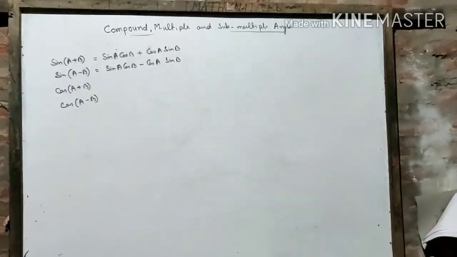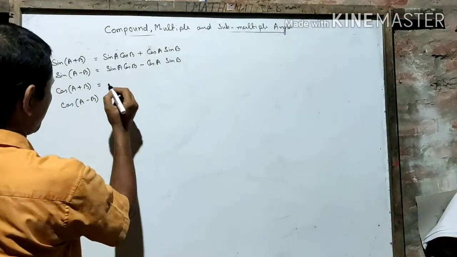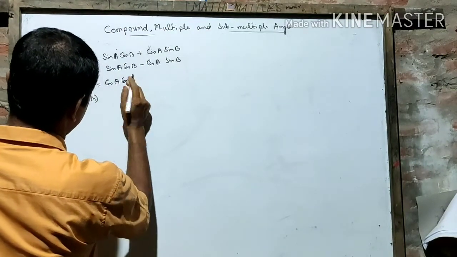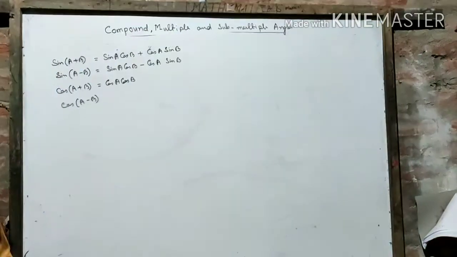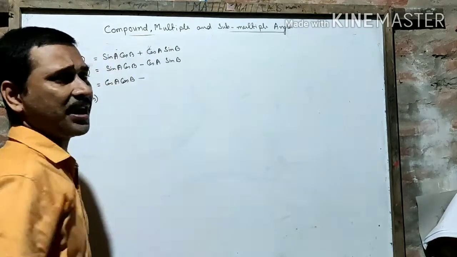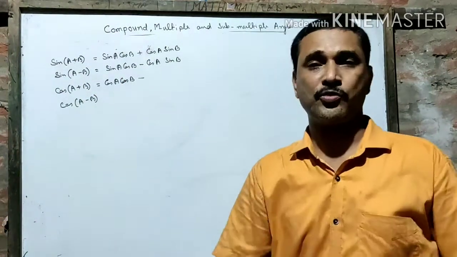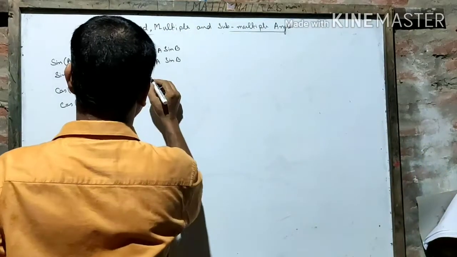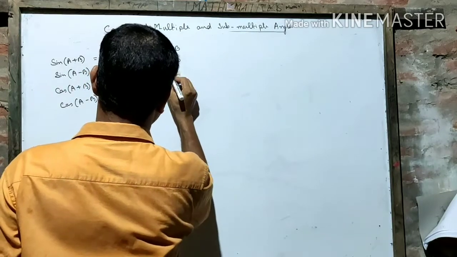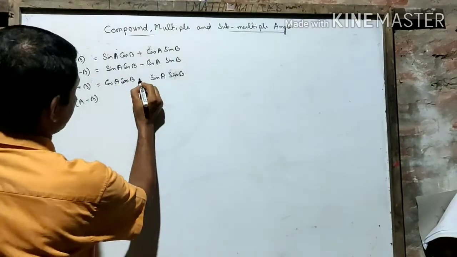Now, when I give A plus B to cos, what does he do? He is not so good. So first of all, he keeps both A and B for himself: cos A, cos B. Then he feels a bit ashamed, and what he does is give both A and B to sine. Both A and B to sine. And he is not so disciplined, so when he sees plus here, he keeps a minus here.